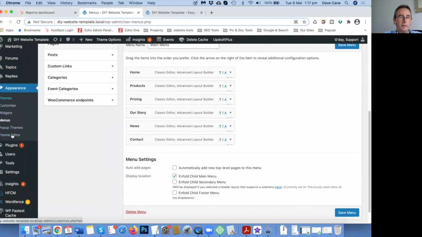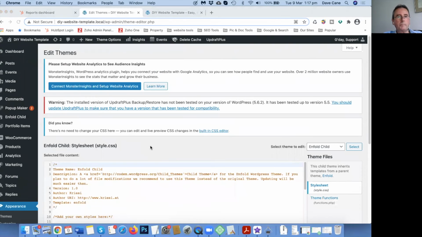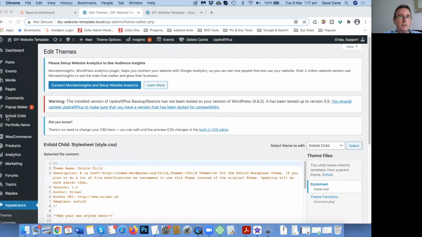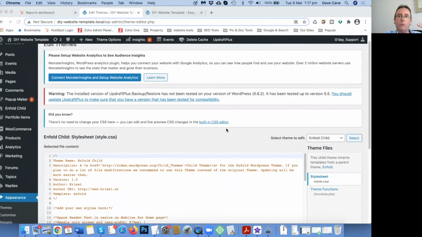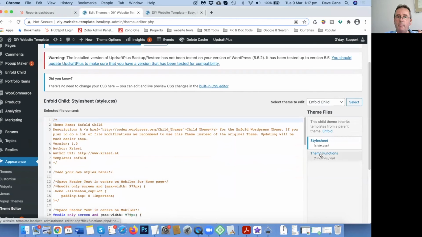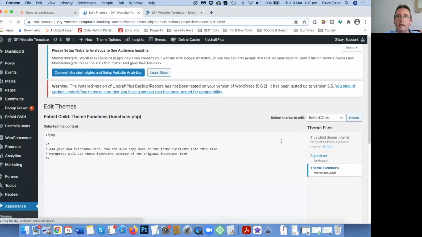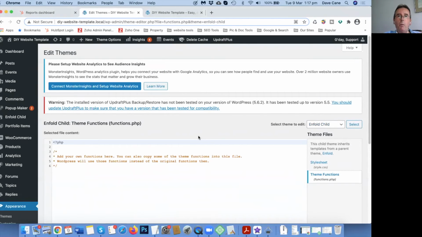Pop-up themes, that's part of the pop-ups. The theme editor, I don't need to save anything on that page. Okay, the theme editor, as you can see, this is the Enfold theme, but we've got it as Enfold child. The reason we've done that is that if you want to do extra formatting within your style sheets or within your theme functions, you can do that in the child theme. And whenever the theme is updated,